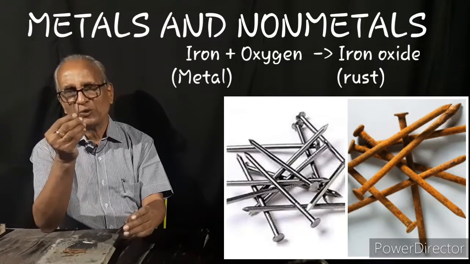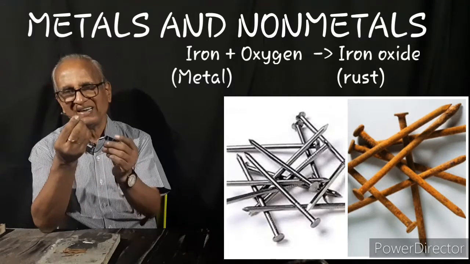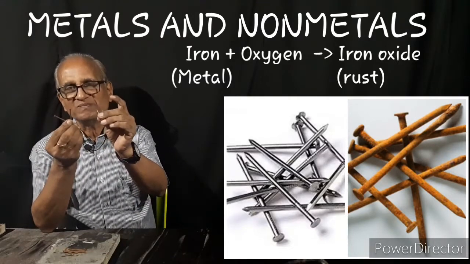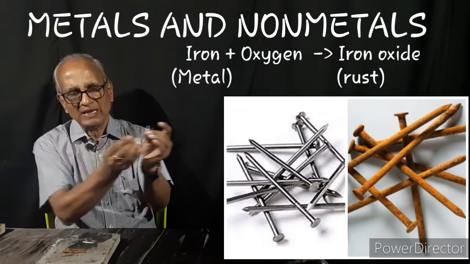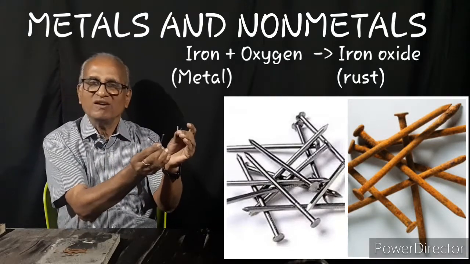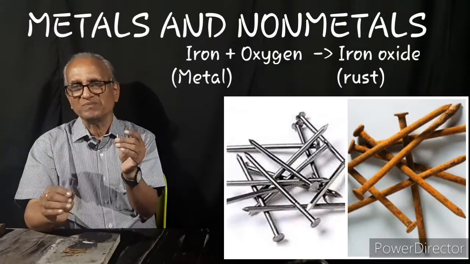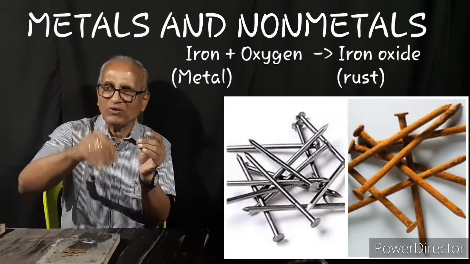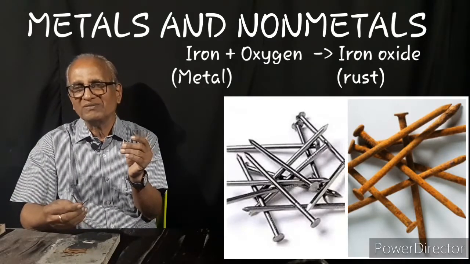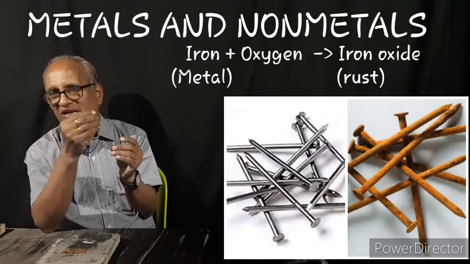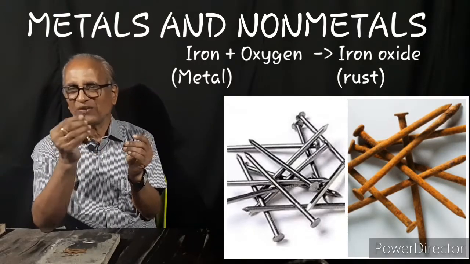This experiment you can do at home. I won't do it here, no doubt. I got them rusted here. You take some new nails, iron nails. A few nails keep aside. The rest few nails you put in water. You keep them soaked in water. A day or two enough. Iron which has got soaked in water would have got rusted. You can feel it, find it.